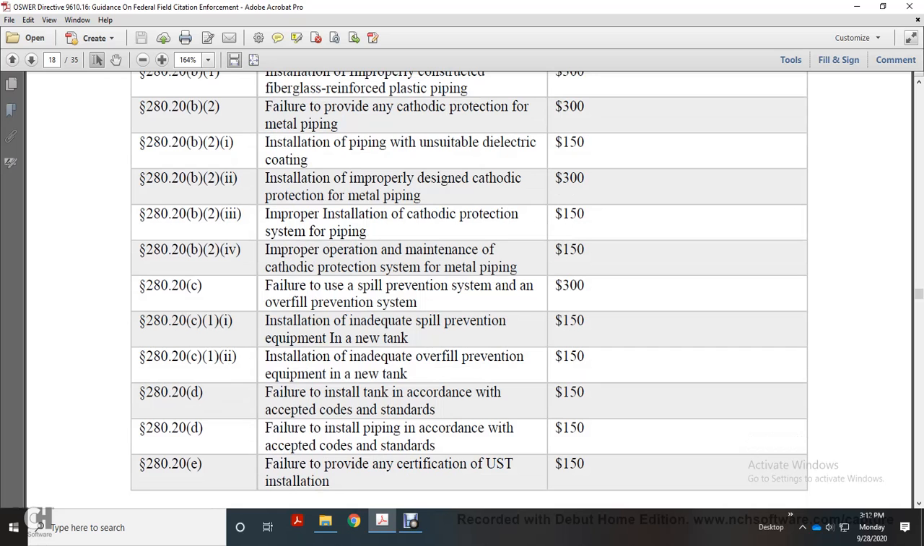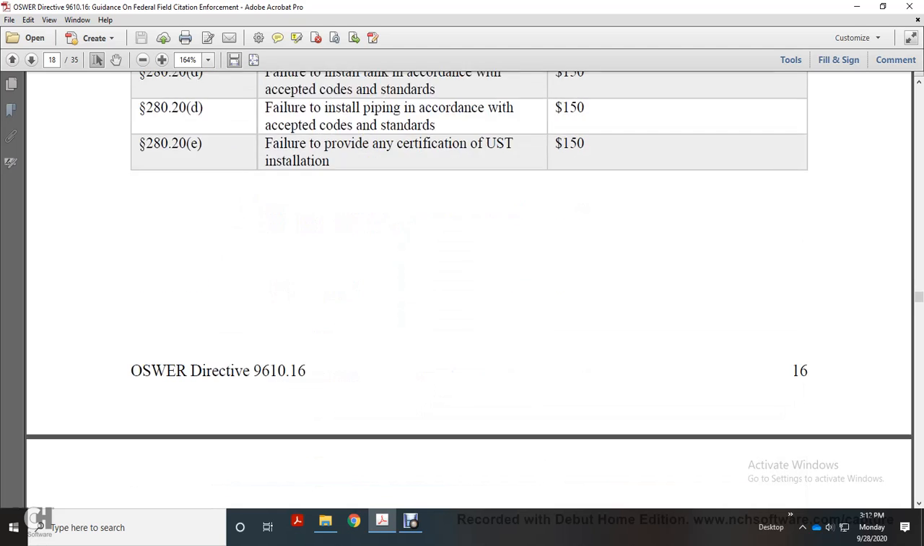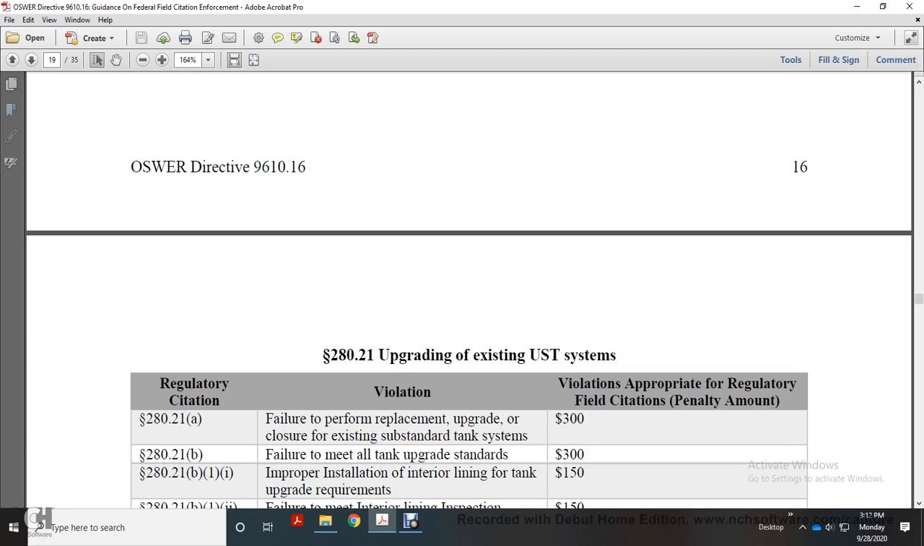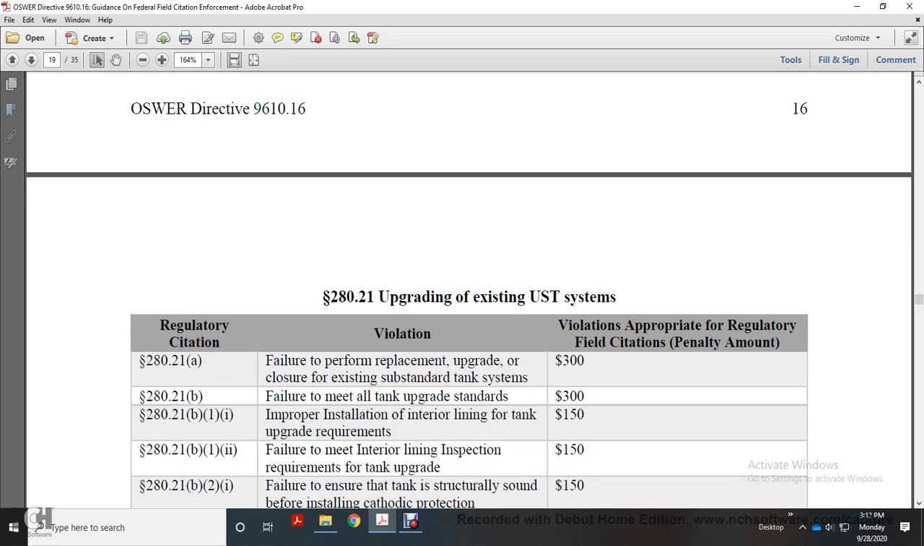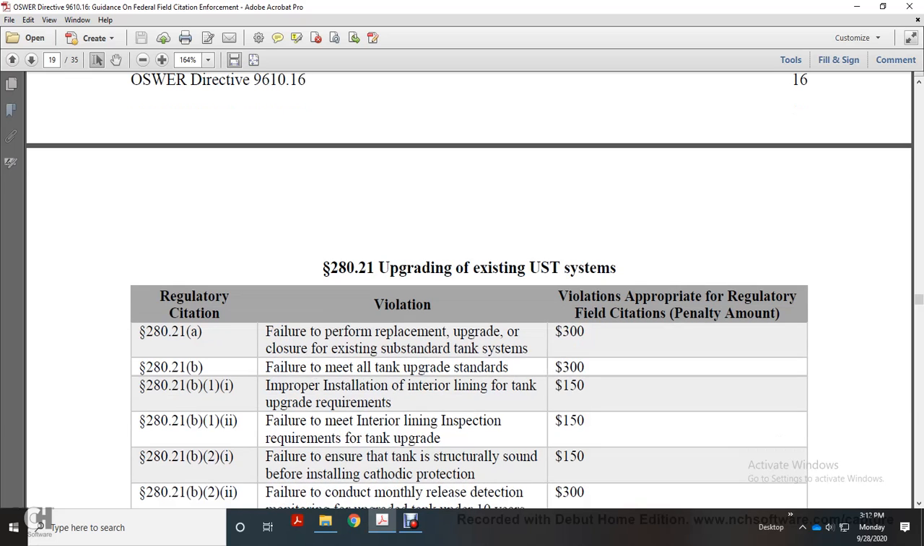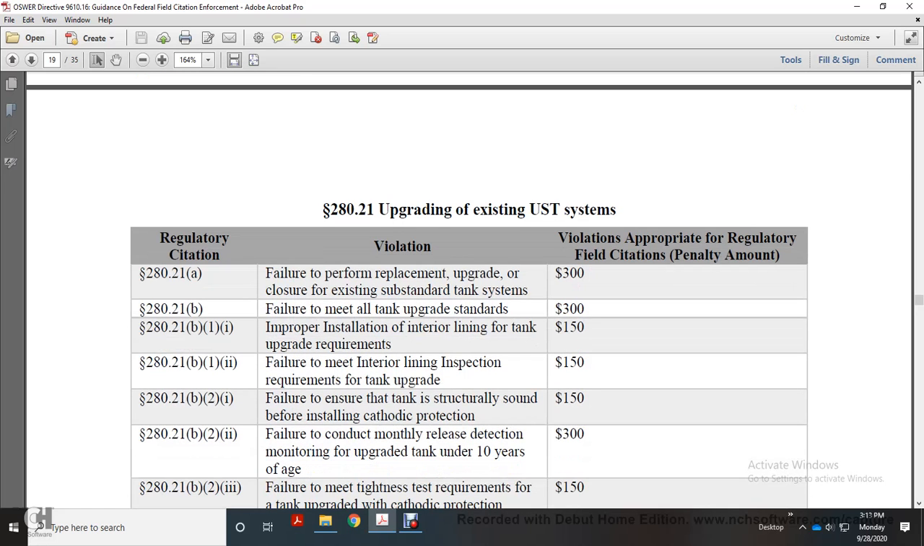and standards, failure to provide any certification of underground storage tank installation, failure to perform replacement, upgrade, or closure of the existing standard tank system, failure to meet all tank upgrade standards, improper installation of interior lining of the tank with the upgrade requirements, failure to meet the interior lining inspection requirements of tank upgrade, failure to ensure the tank is structurally sound before installing cathodic protection, failure to conduct monthly release detection monitoring for upgraded tank under 10 years of age, failure